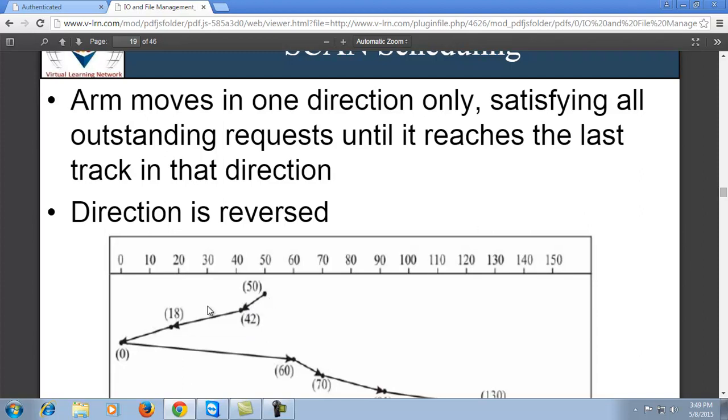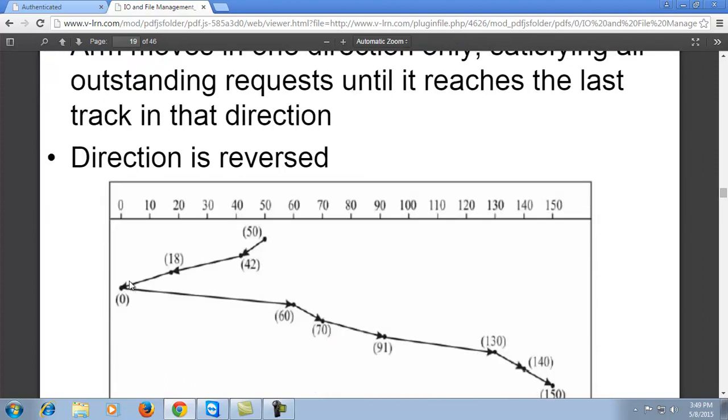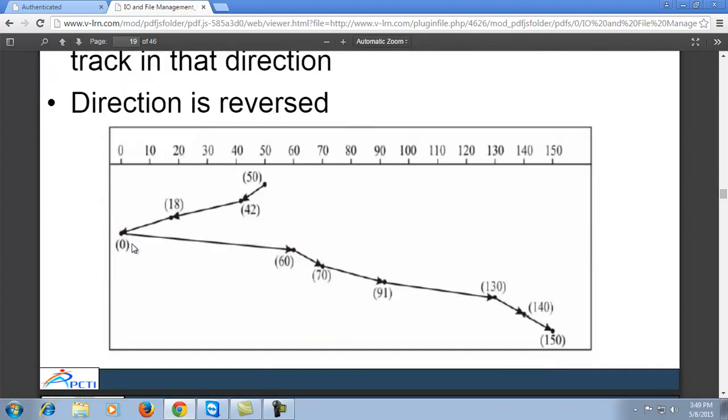After reaching the end in this direction, we will move to the opposite direction and will cover all the nodes which come in that direction, as the next one is 60, after that comes 70, then 91, and we go till the end position in the same way.